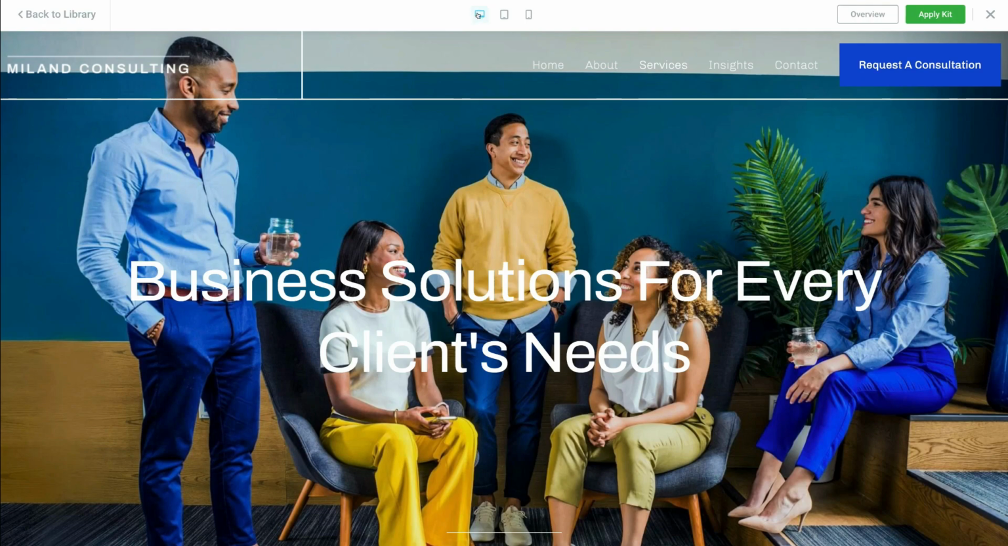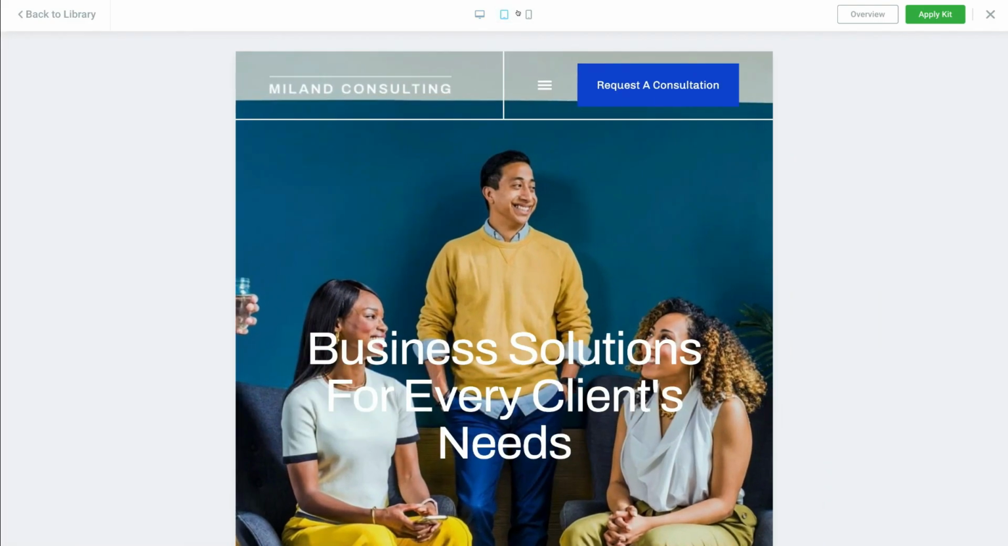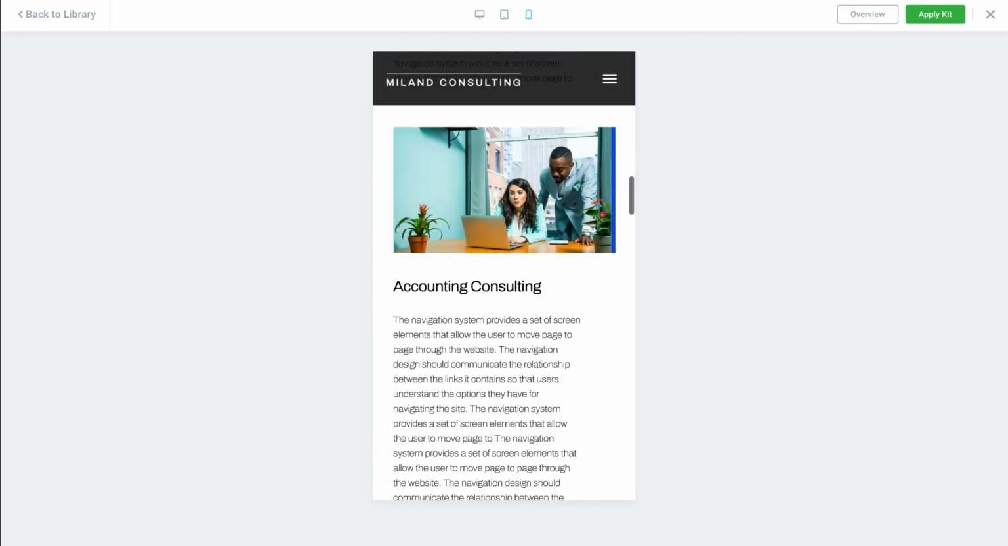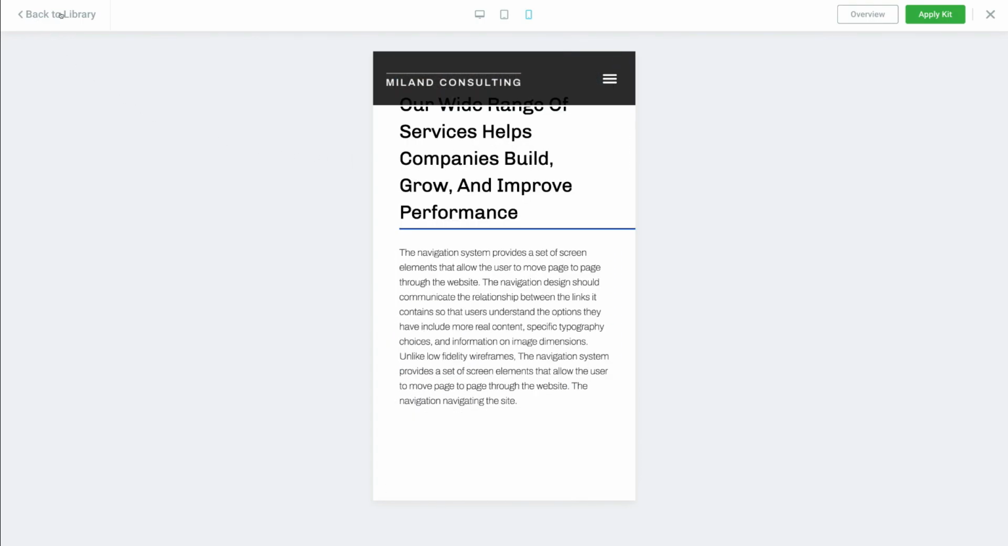So for example, this is how the website kit looks like on desktop. I can also select tablet and then mobile. Again, take your time to navigate through all the different pages. Okay, so what I'm going to do is click back to library,